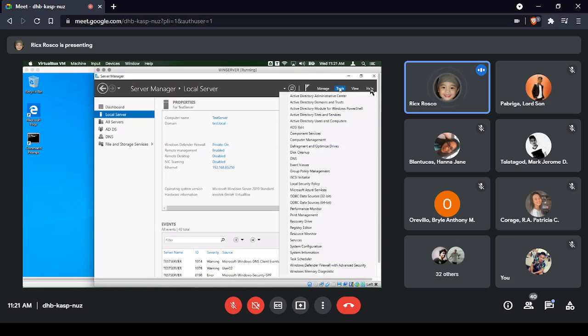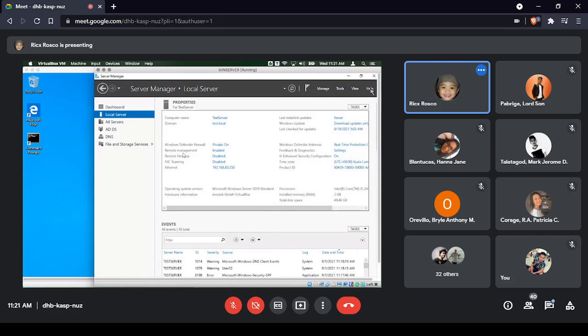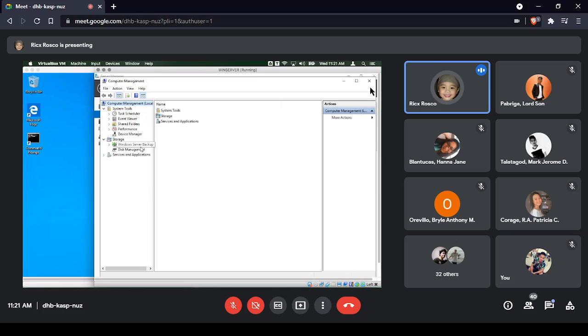We have tools. Then in the tools, if you have computer management, then you can add users in our services application. Oh no, it should be in